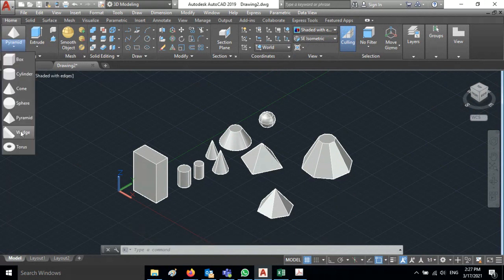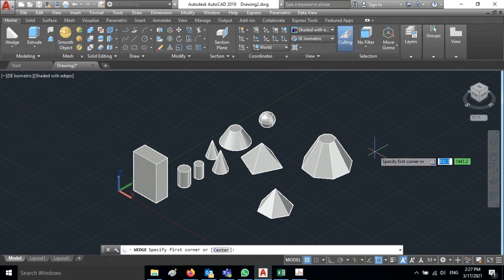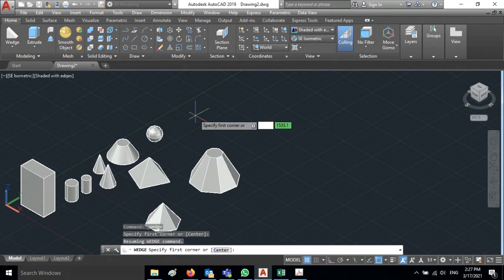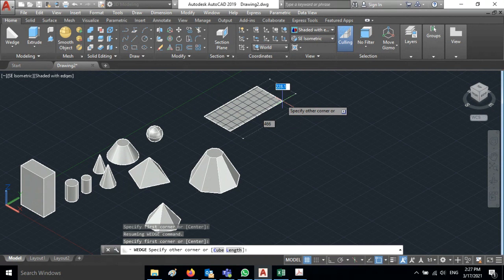Now next one, you can see the wedge. You click the wedge, and you can create the wedge by selecting the first corner. First use the first corner, and use this bottom corner. The other corner you have to specify.